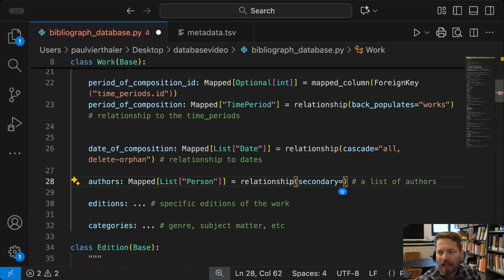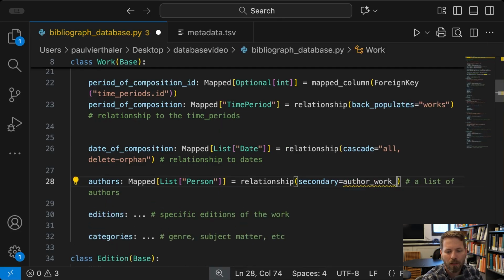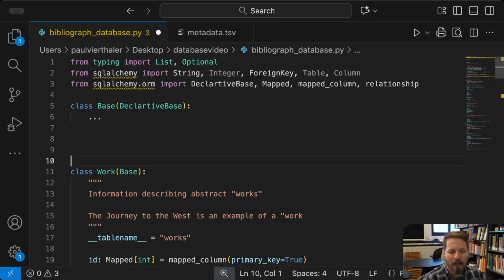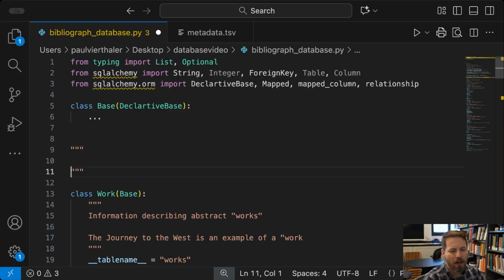And I'm going to go ahead and name this table, I don't know, I could do it author work table. And in fact, let's do it that way. Author work table. Okay. Now this is not defined yet. I'm going to go ahead and do this at the top of my script here, so kind of between my base class and my other classes. Now here, I'm just going to add a little bit of commentary, models defined below, just for